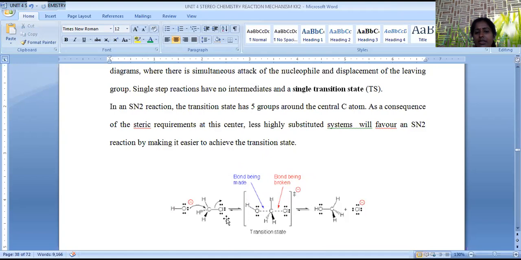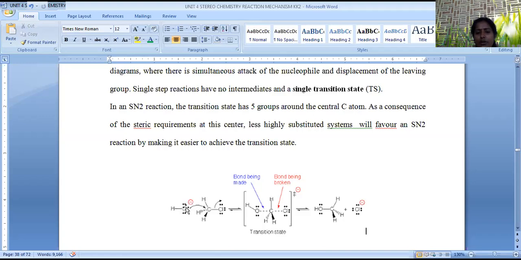When we take a primary alkyl halide, the halo group is already there, which is nucleophilic in nature, and lone pairs of electrons are present on it. The incoming nucleophile should be very strong in order to overcome the repulsive forces, and OH and alkoxy groups are the better or strong nucleophiles in SN2 reaction, where the hydroxy group attacks from the backside in order to minimize the repulsive forces between the existing nucleophile and the incoming nucleophile.